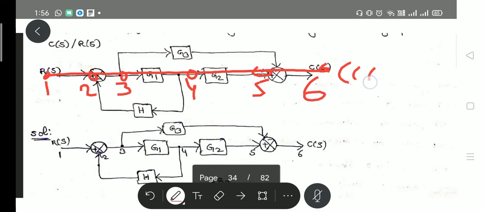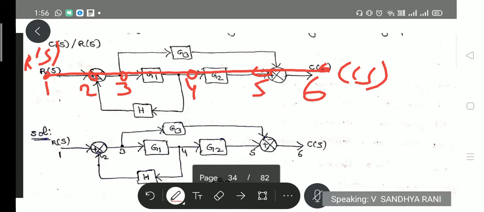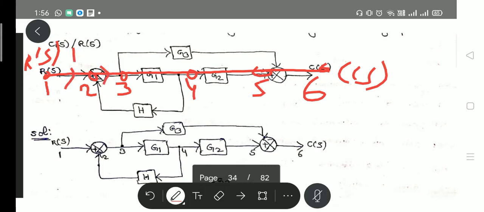We take the input and output side, first node and last node. Then after 3 to 5. Here 1, 2 to 3 there isn't any variable, so I am taking 1. And 3 to 4 is G1, and 4 to 5 is G2, and 5 to 6 there isn't anything, so I am taking 1. And 3 to 5 G3 is there, so the arrow mark is like this,